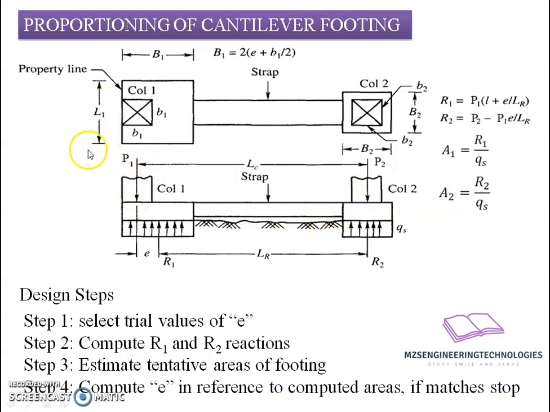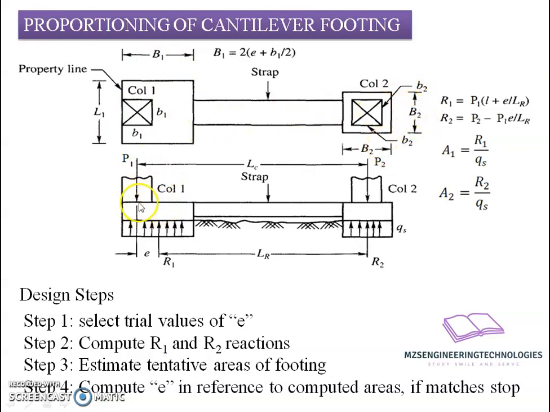Now let us work on the proportioning of this footing, finding out the area of this footing. For that, let us consider column 1 is located at a building property line or building line and has a dimension B1 by B1, and column 2 is the innermost column, which is stable, having a distribution of footing over a spread area of B2 by B2, a square footing for a square column of size B2 by B2. Now our intention is to know the requirements for B1 and L1, B2 and B2. So we require these sizes to be estimated.